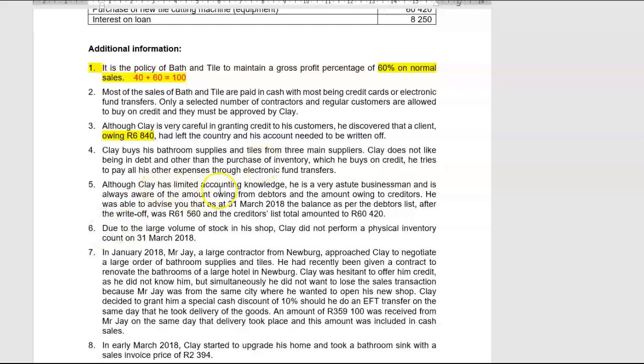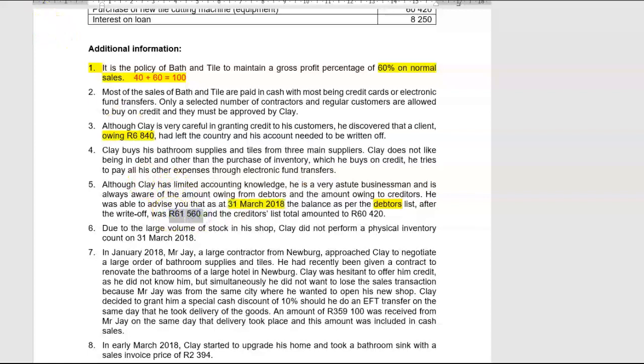Although Clay has limited accounting knowledge, he's a very astute businessman and is always aware of the amounts owing from debtors and the amounts owing to creditors. He's amazing. He's Superman himself. He was able to advise you that at 31 March 2018, a balance as per the debtors list was equal to an amount of